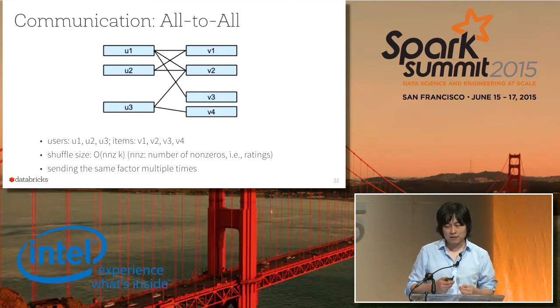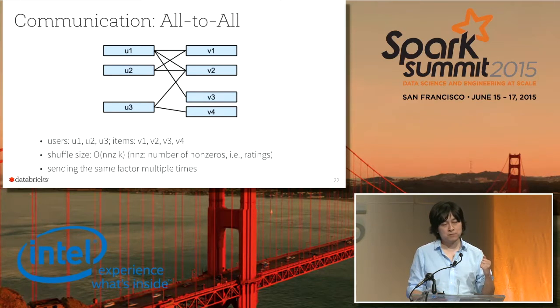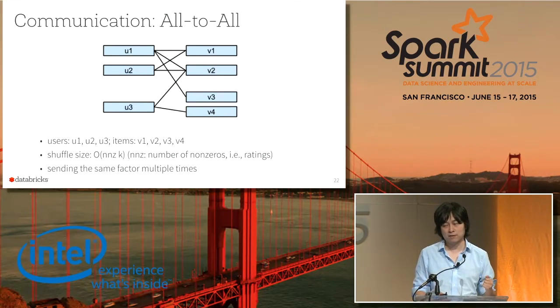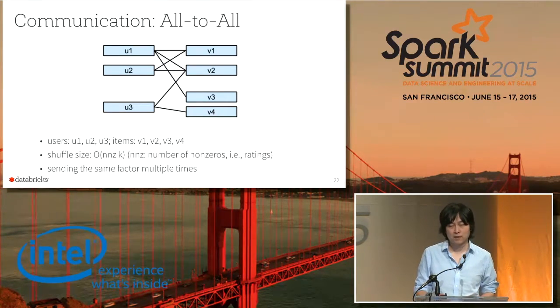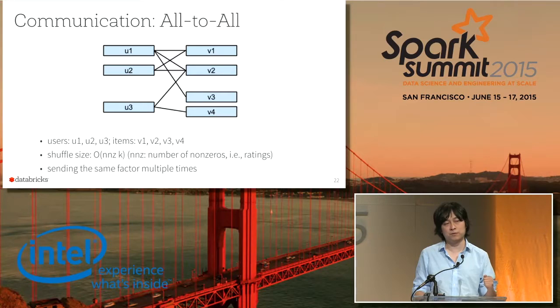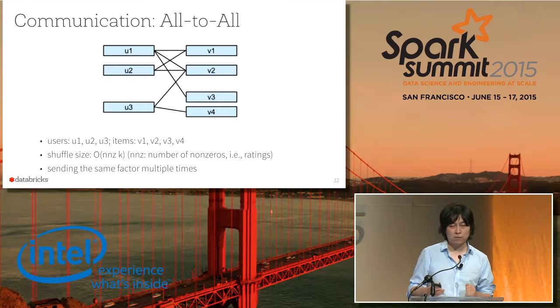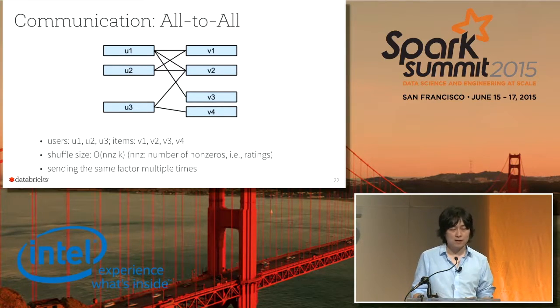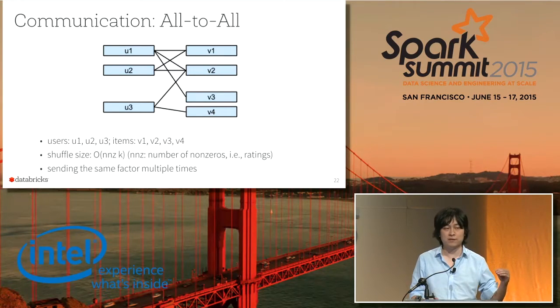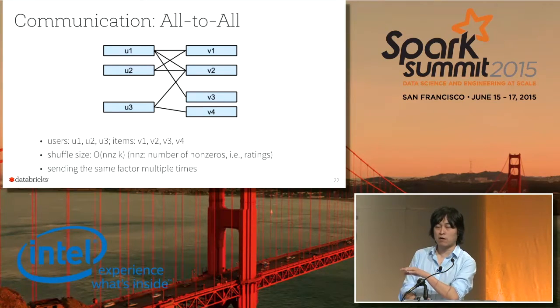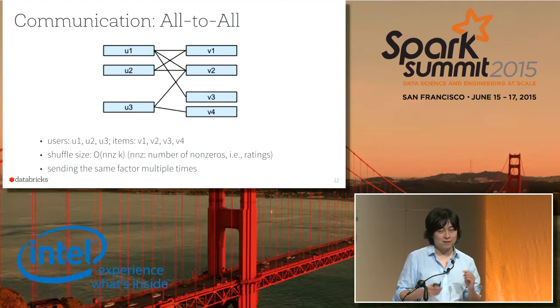Let's assume that we use this O2O communication pattern. Basically, we put each vector on a separate machine. Then to solve for V1, assuming that now we are fixing the user factors, we need to get all the neighbors of V1, and that's U1 and U2. Assuming that they are on separate machines, we need to send the user factor U1 to the machine where V1 lives, and then the vector U2 as well. Basically, you need to shuffle.